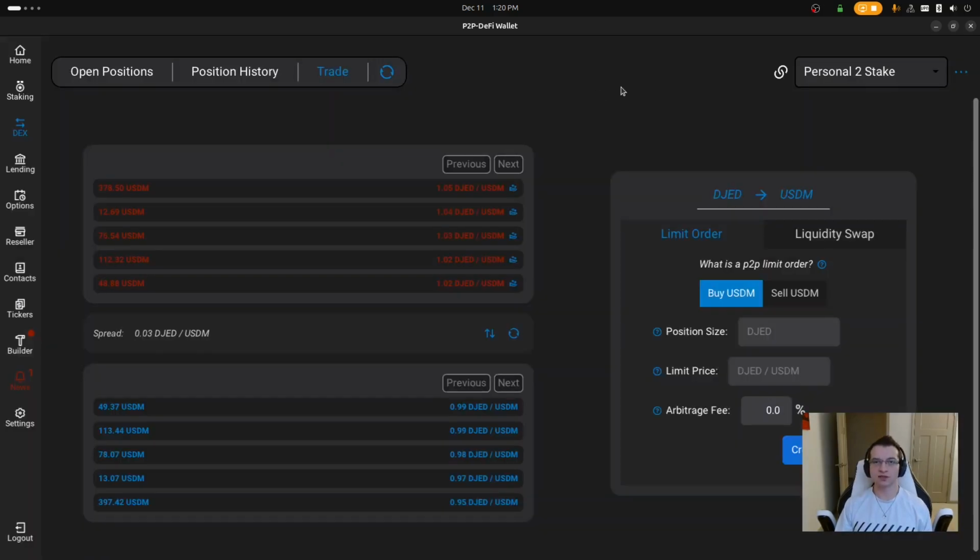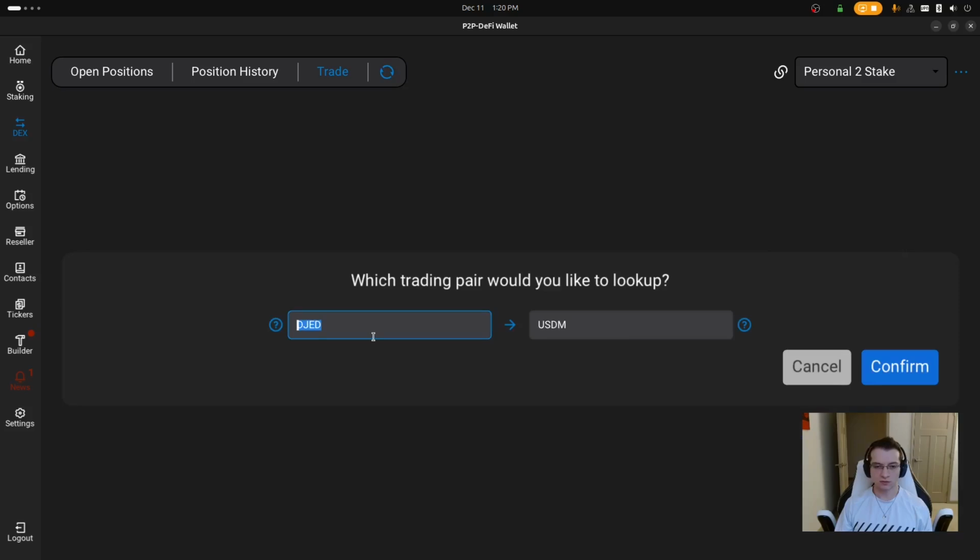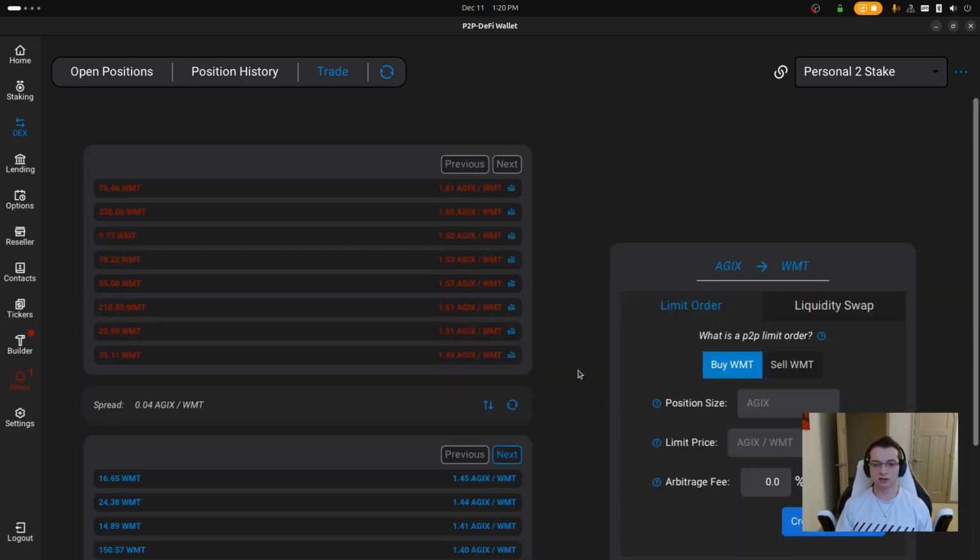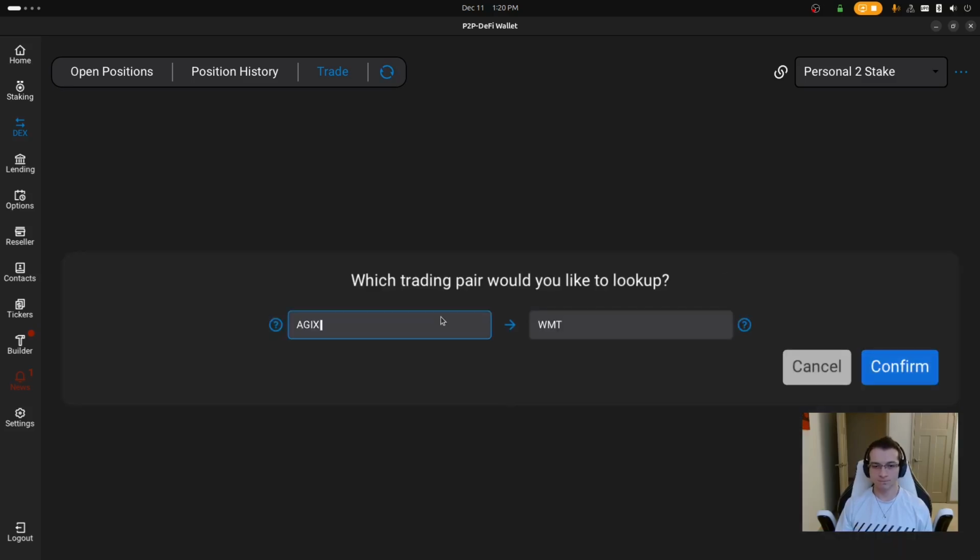The order books you have synced are cached, meaning they're saved, so you can quickly switch between them if necessary. If we go back to AGIX to World Mobile Token, you don't need to resync it, but you can manually resync it by clicking the button. So, going back to the stablecoin pair,